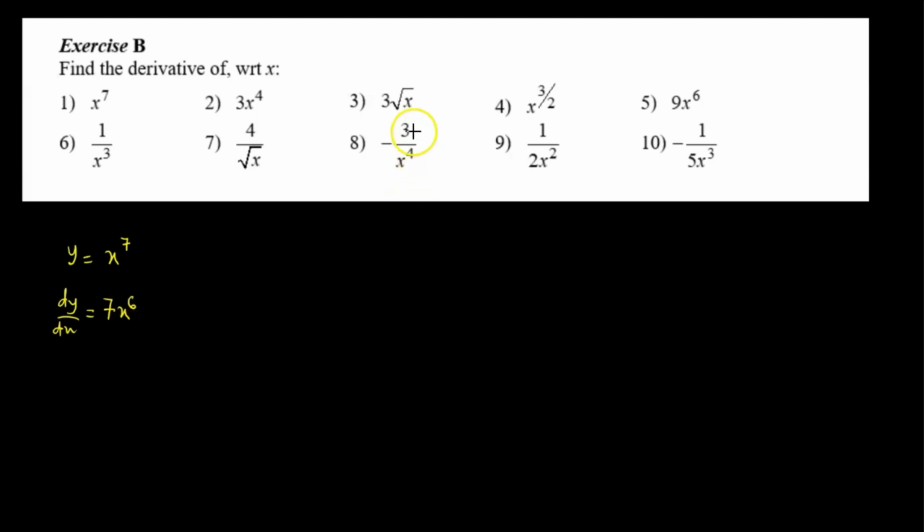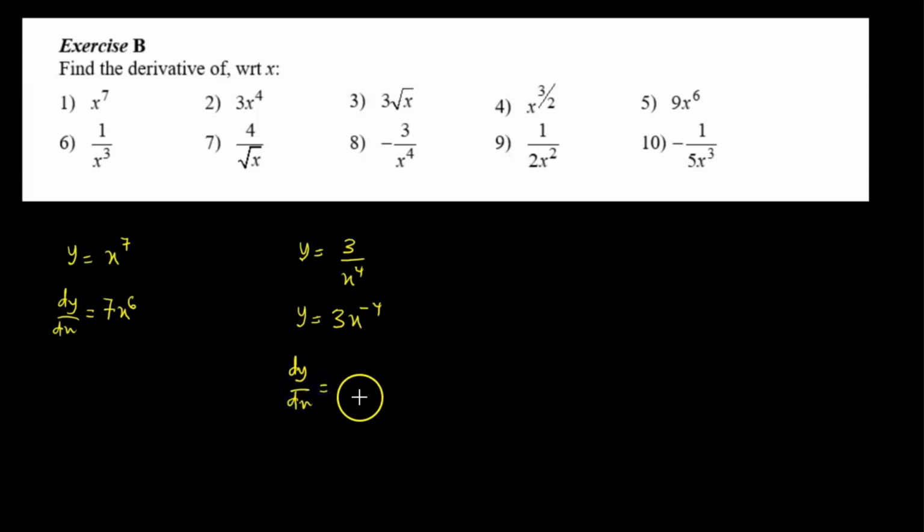Then again, we come to a perfect example. Let's take question number 8, which is y equal to 3 on x to the power 4. We can change this to apply the simple derivative rule by simply changing the fraction into a power form. So it will be y equal to 3x to the power negative 4. If you go back to your indices, you realize that this function can be written as that. So from the basic derivative, then dy